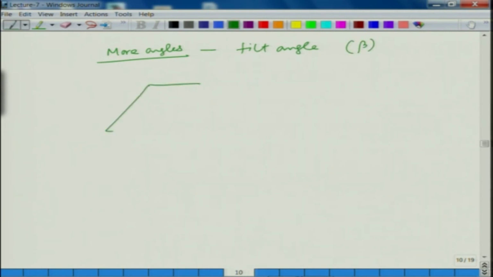If you have a planar collector, what angle does it make with the horizontal? If this is the horizontal plane, the angle it makes is called the tilt angle. So, that is one important angle we need to consider, and also whenever you have a plane, then you can draw a surface normal for that plane. So, this is the surface normal